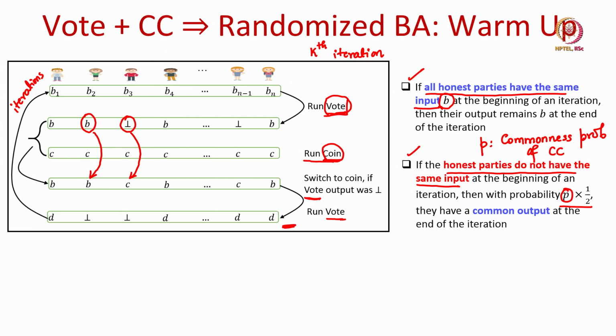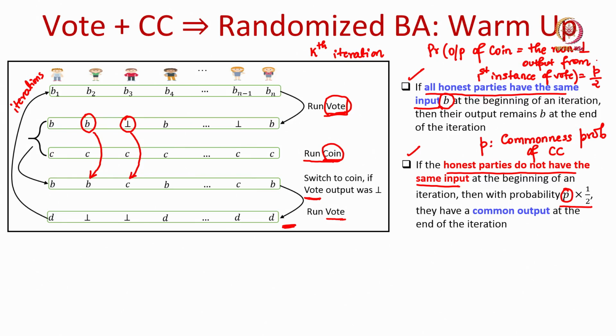And what is the probability that the output of coin equals the non-bot output from the first instance of vote in an iteration? It is p over 2,